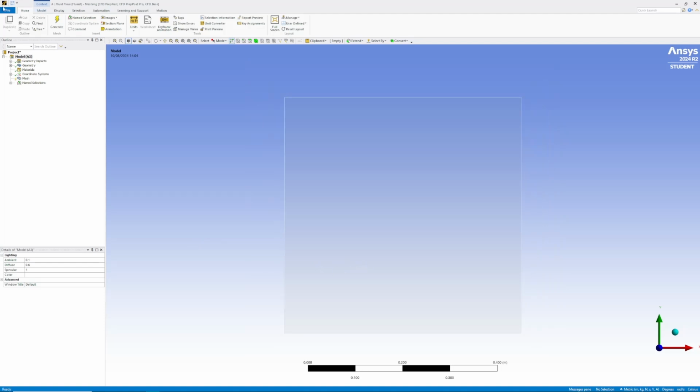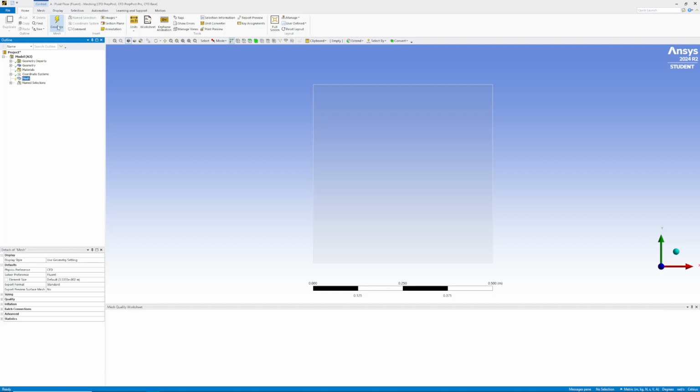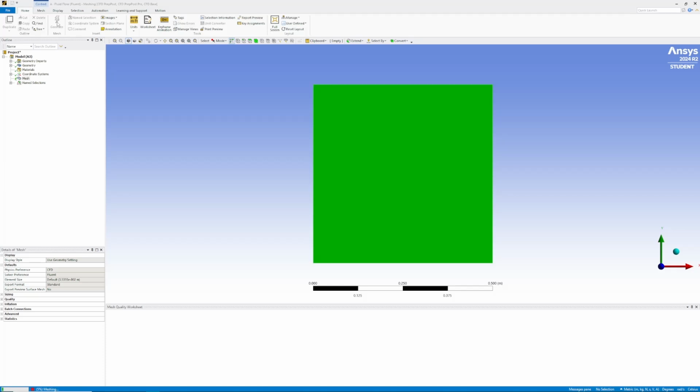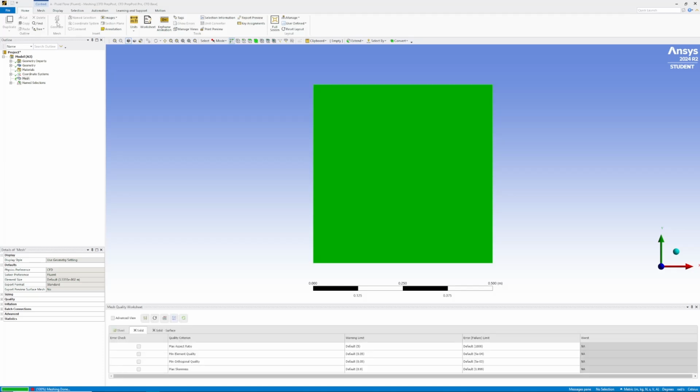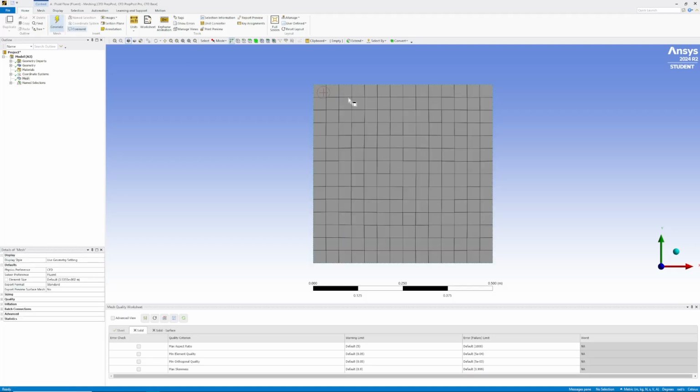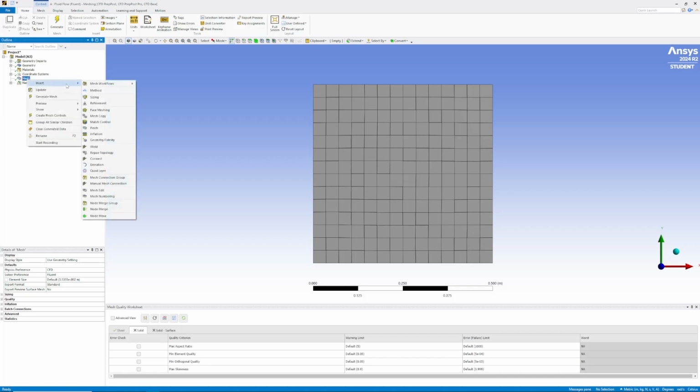Now the first thing I'm going to do is generate a mesh. I'm not changing any of the settings because I want to show you how we can use mesh controls to affect the final generated mesh. So you can see here we've actually got quite a good structured mesh by default, but we want to add some sizing controls. So I'm going to insert sizing,